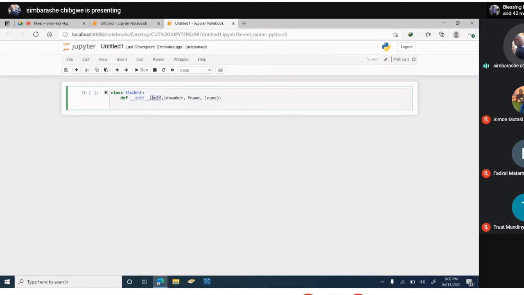So in the same sense, with self, it just tells you that we are going to put arguments, and these arguments are going to be part of this particular class. So in this case, the class called student is going to have arguments which are going to be predefined by self, and these arguments are going to be ID number, first name, and last name. So my understanding is that whenever you are doing Python,